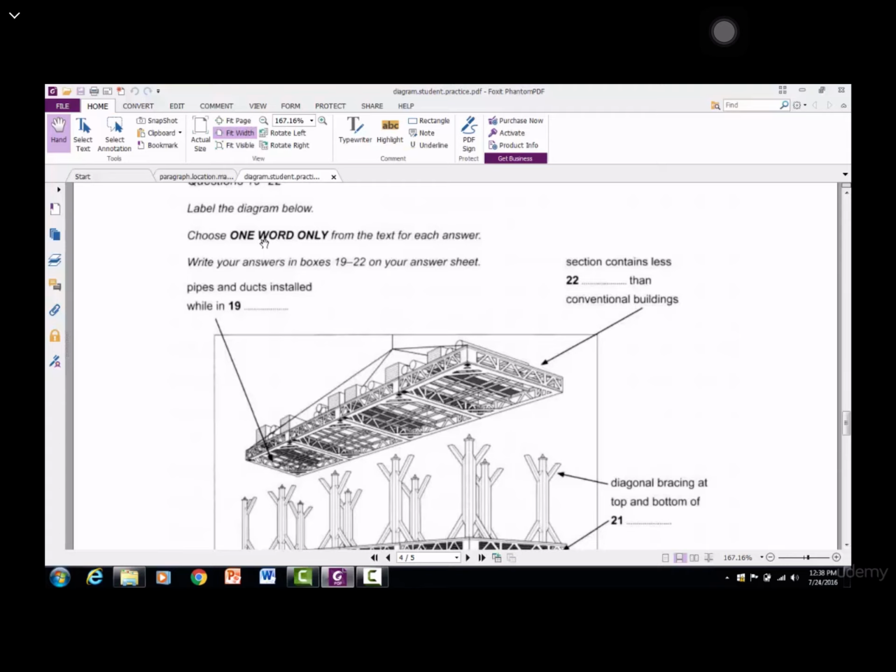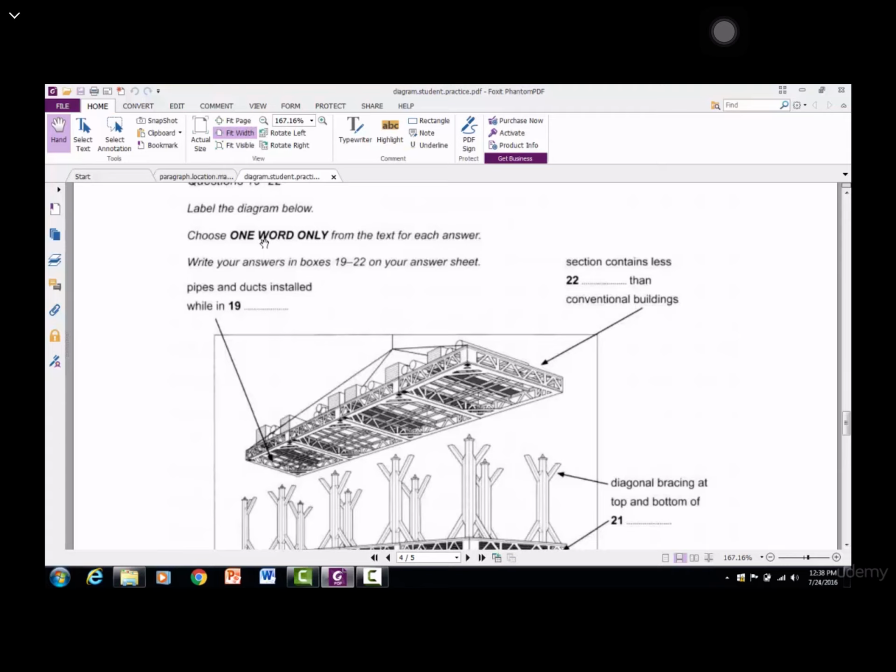So this is a diagram where they are building something. So what might be helpful in terms of trying to find the right paragraph that the information is coming from is to look for a paragraph that discusses how something is built or something being built. That might be very helpful. Also,